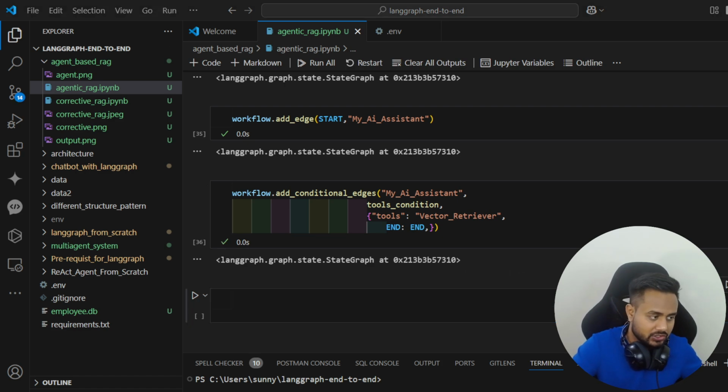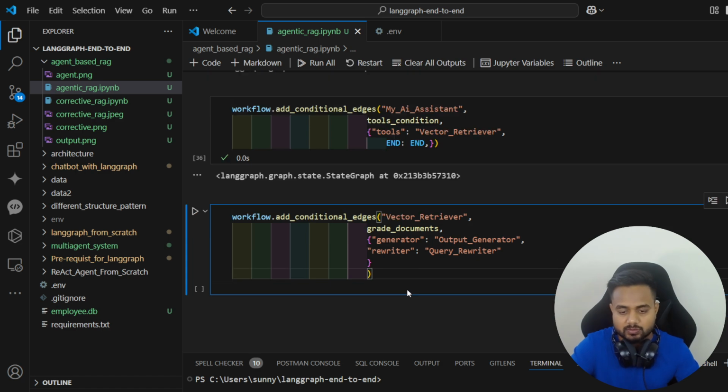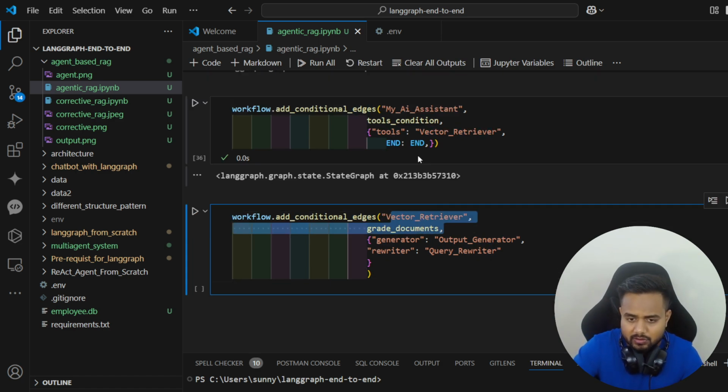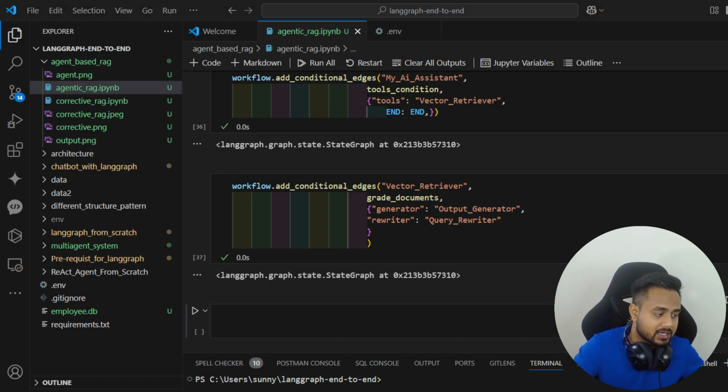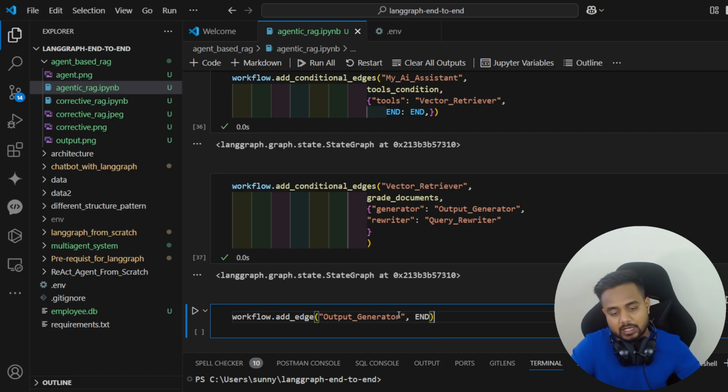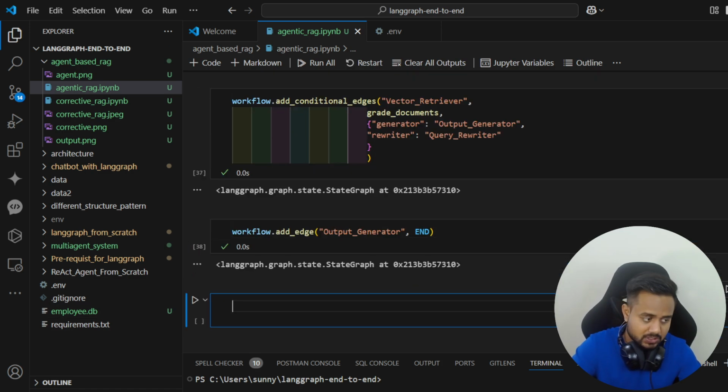Then we have another conditional edge. This conditional edge will come to this particular part. Whenever we have a vector retriever, after getting the output from the vector retriever, we have to grade the document. If the output is correct and relevant, I am going to generate finally, right? If the output of the vector retriever is not correct, I am going to rewrite the query. I'm going to transform the query, and after transforming it, I'll be passing it again. So if the output is correct, I'll stop this process and end it. If the output of the retriever is not correct,